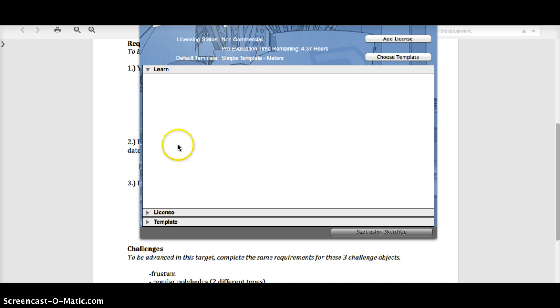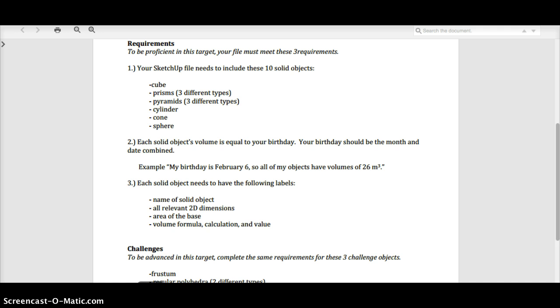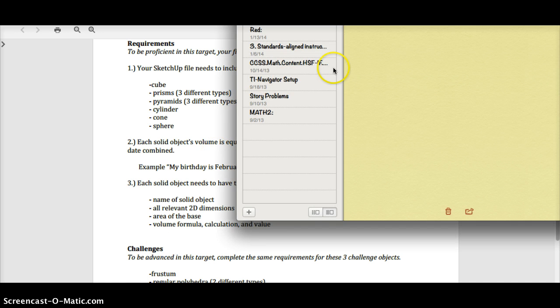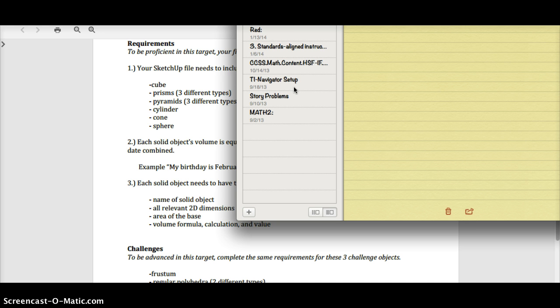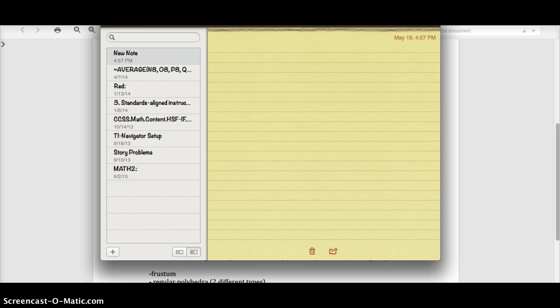And while I'm doing that, I'm going to open a new note. The idea here is that you want to learn the formulas for volume. I'm going to do a pyramid first. I know that the volume of a pyramid is 1/3 area of the base times the height. And I need mine to be 1119 because my birthday